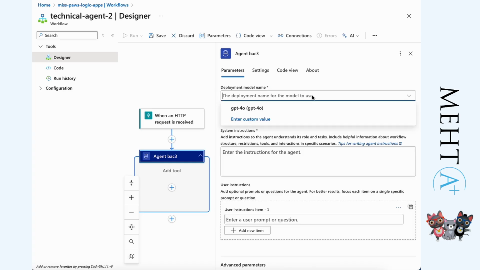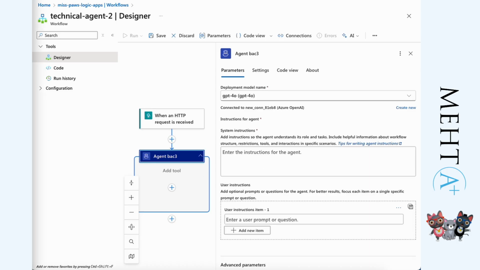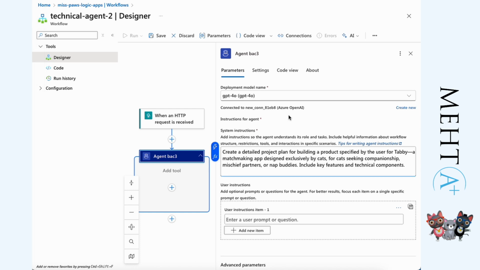Now, once my connection is created, I can choose my deployment model name. I do want to use the GPT-4o, and I'm going to paste in my system instructions. So I'm going to paste in this: create a detailed project plan for building a product specified by the user for Tabby. And then I define what Tabby is so the agent knows, and I ask it to include key features and technical components. Now we also need to add in user instructions, so I'm going to type in here